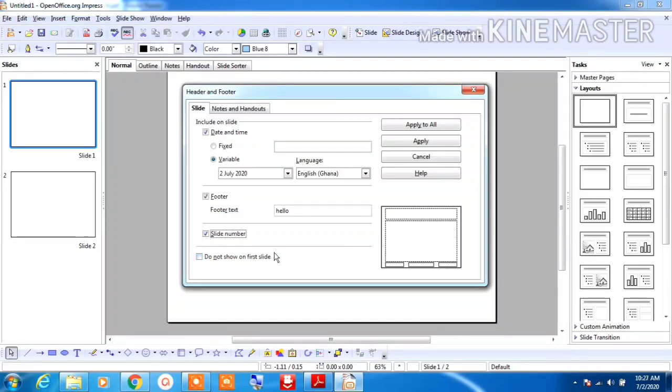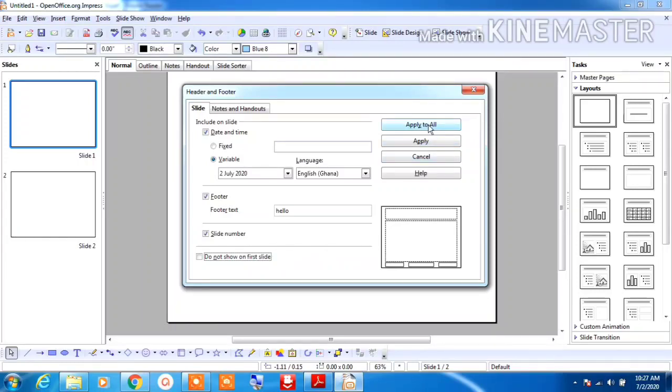It will also show the slide number at the bottom. Do not show on first slide: if you click it, it will not show on the first slide; if you ignore it, it will show on the first slide.